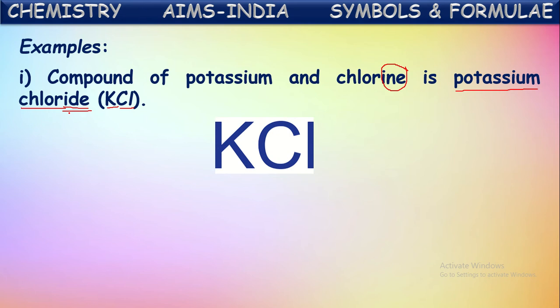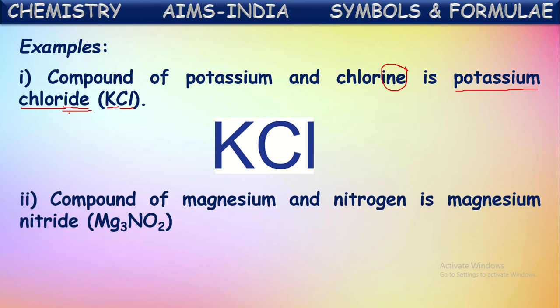Okay, in this way binary compounds in which one element is a metal are named. First, the metal's name is written, then followed by the non-metal's name. At the end of the non-metal's name, ide is attached by eliminating one or two letters from the non-metal's name. Thus the compound formed by potassium and chlorine is named potassium chloride, KCl. Okay, let us see one more compound.